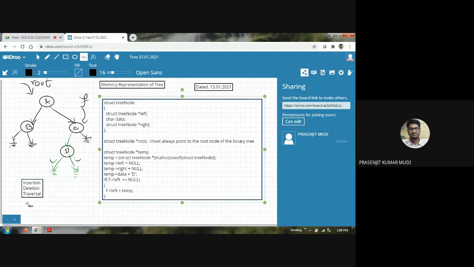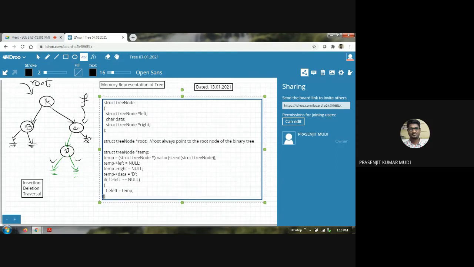Okay, sir, how do we go to the desired location? You need to search. Remember, searching means it comes under traversal technique. I have not discussed in detail about searching because it comes under traversal technique. One of the traversal techniques we learned in the last class is pre-order traversal, which was going all the way in one direction. You may apply any one of the three available standard traversal mechanisms: pre-order, in-order, or post-order. So let's say you want to apply pre-order.